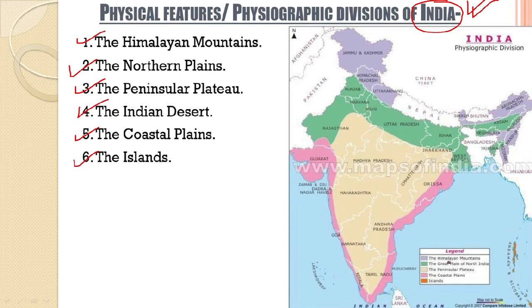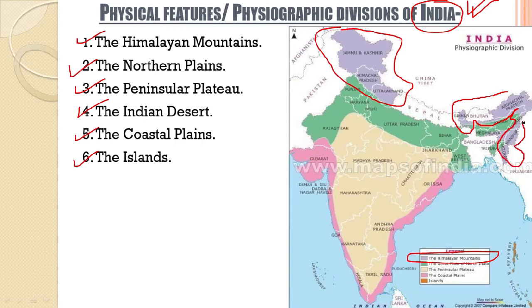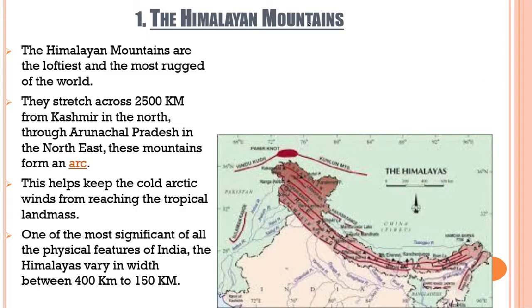Clear? And as you can see here, the purple color relates to the mountains, that is the Himalayan mountains, and in this lesson we are just going to cover the Himalayan mountains. So here in the very map of India, wherever you find these purple color regions will be related to the Himalayan mountains. So try to identify all these places with the stretch of Himalayan mountains. Clear?